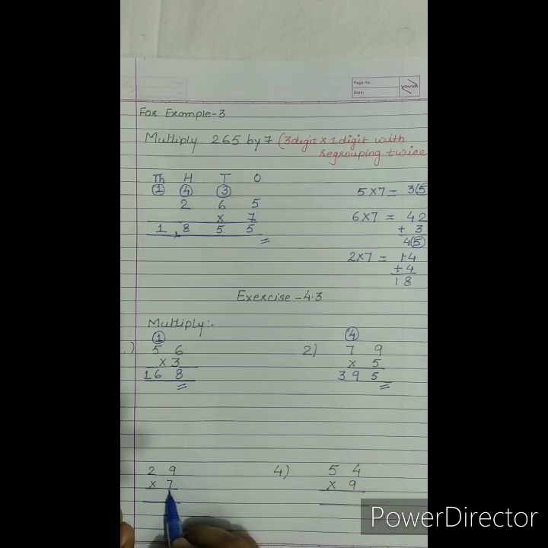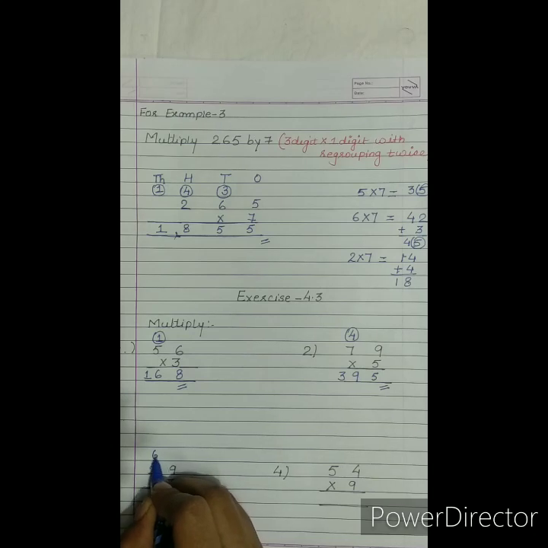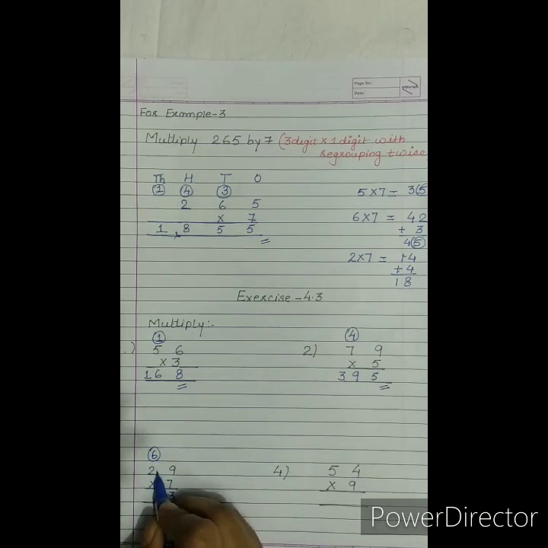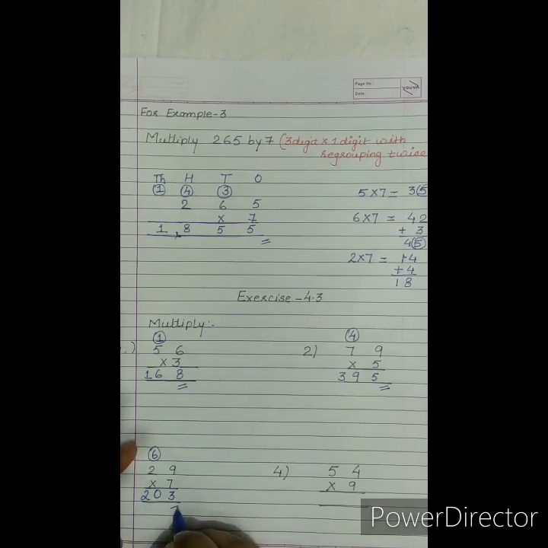The next question is 29 multiplied by 7. So we will read table of 7 how many times? 9. So I am writing directly here: 7 9 ja 63, 3, 6 goes up as a carry. Then 7 2 ja 14, 14 plus 6 is 15, 16, 17, 18, 19 and 20. So our answer is 203.